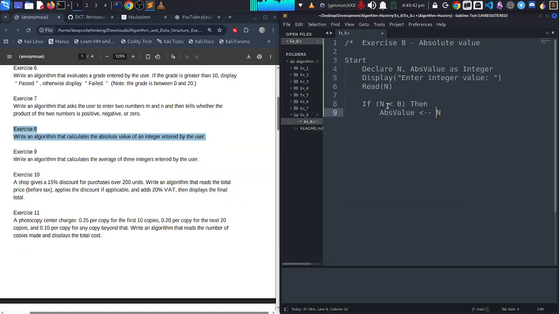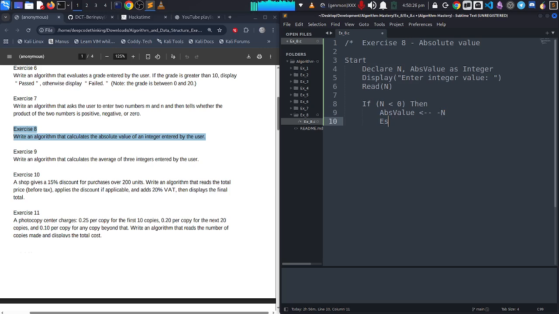So if n is less than 0, you know the absolute value of a negative number is always positive. Just like in maths, when you have, say, the absolute value of negative x, it will always be equal to x. The negative sign is cancelled out. The same here. If the integer the user enters, n, is less than 0, then we need to take that integer and multiply by a negative sign to cancel it out. So negative will give us positive. So